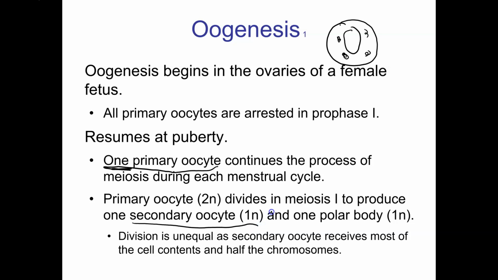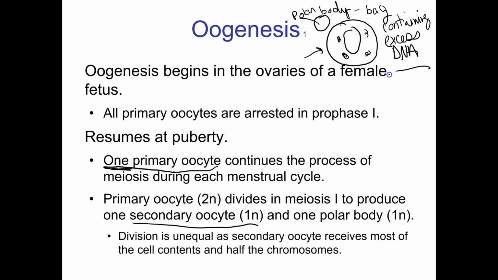And with that, because we put all the energy in this egg, there's a tiny little polar body that is produced. The polar body is basically just, and I'll write it over here, it's a polar body. The polar body is just a bag containing the excess DNA. So a polar body is just a storage space that we can dump extra DNA,